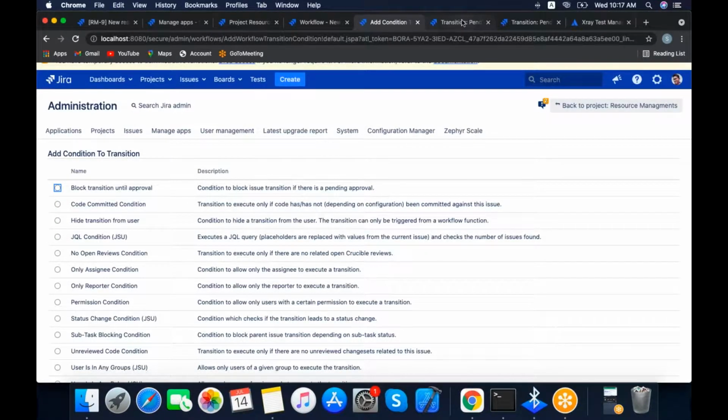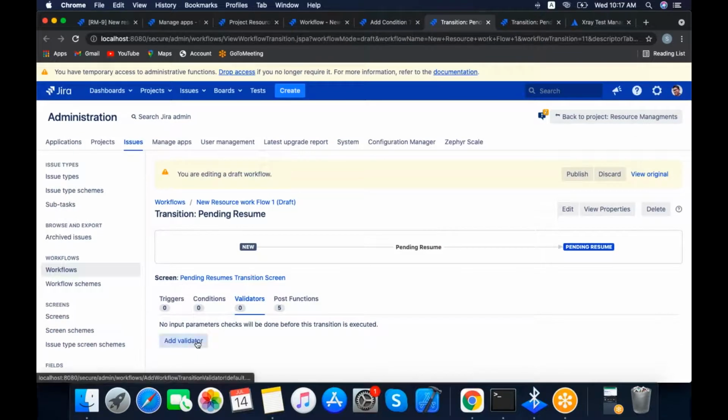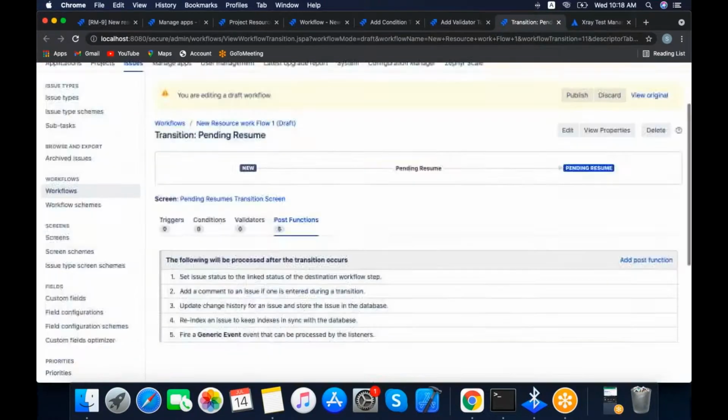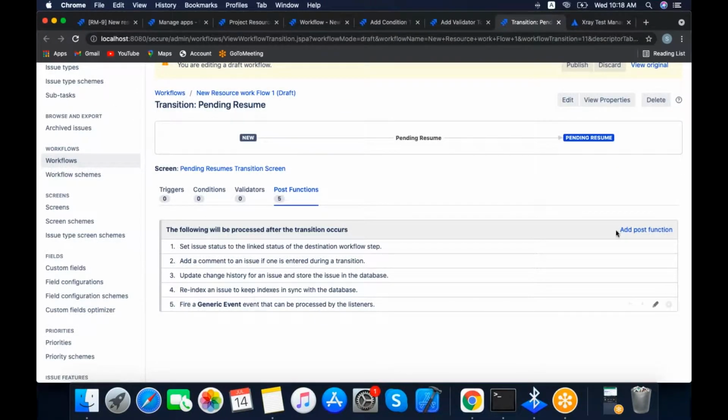And if you go to transition, also add validators. Validators also, by default you will see only these, which are not JSU: the permission validator or date comparison of date fields. I will apply all these options in tomorrow's session.